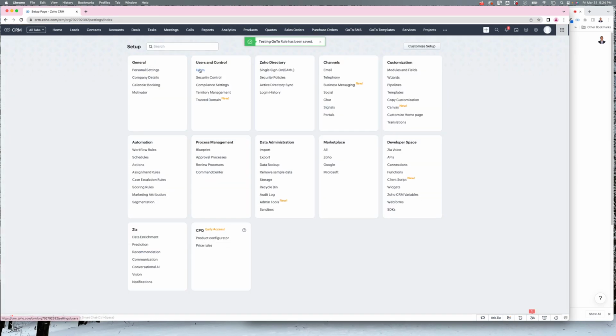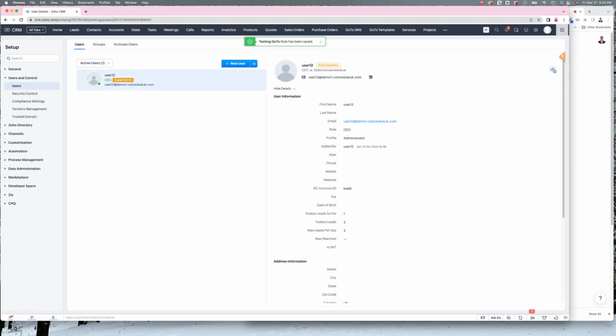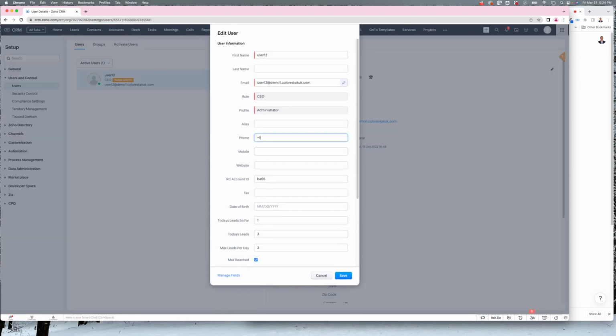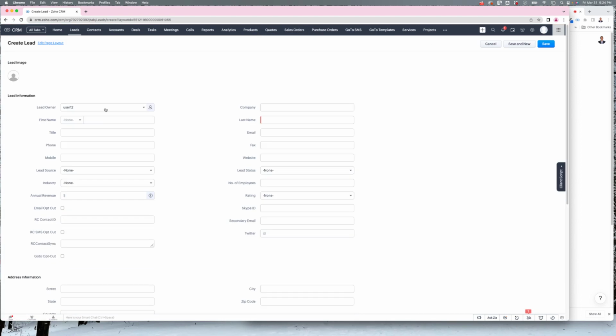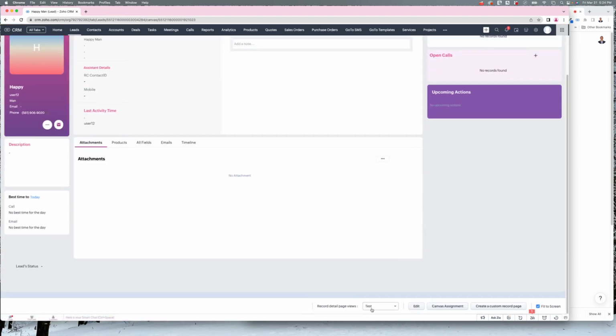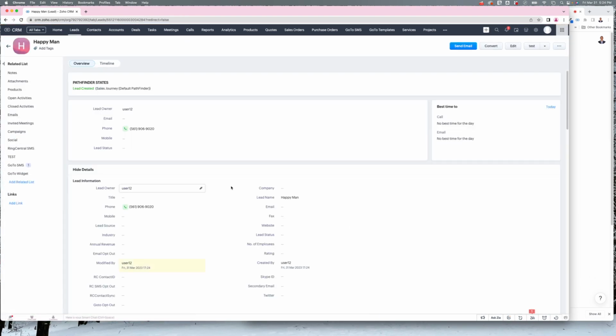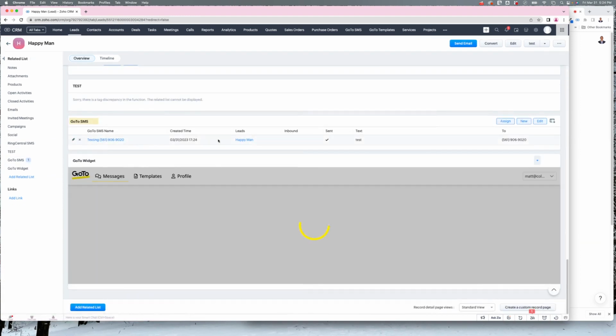So what I want to do first, I want to go to my user profile. I want to fill in my phone number as my GoTo Connect phone number, so it authorizes me to send text messages. So if I add a new lead, I put in, I just got a text message. So there, it automatically went out